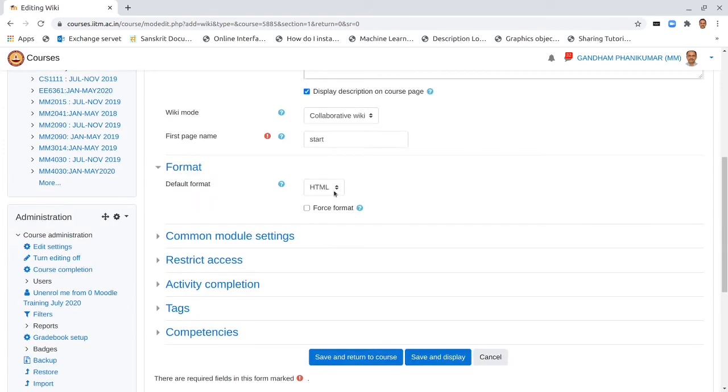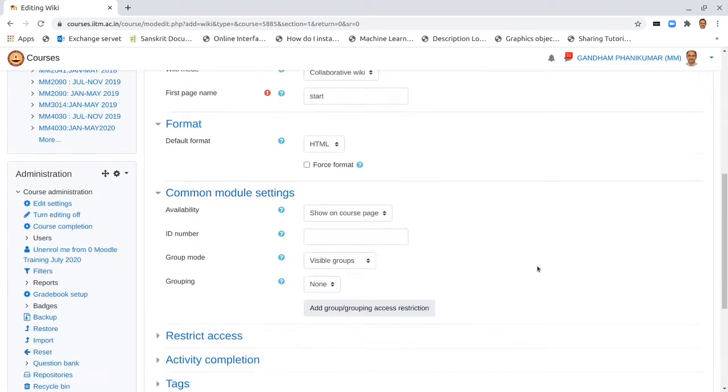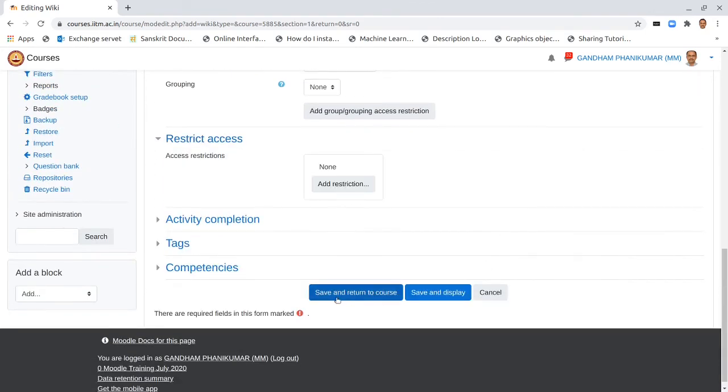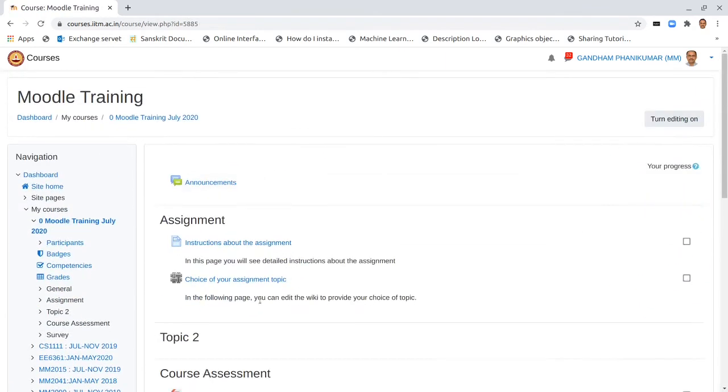And the format can be HTML, so students can give any color coding if they wish, etc. And we can also enforce it if you wish, or you could also make it in other formats. I would like to leave it as HTML. So the rest of the options are not very important at this moment, and we first save it and go to the course, and then you could start opening it up for us to give some instructions